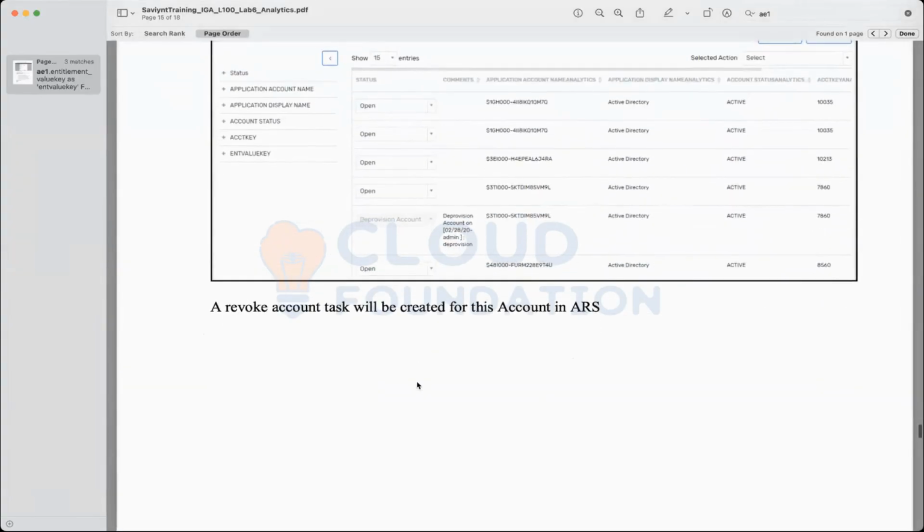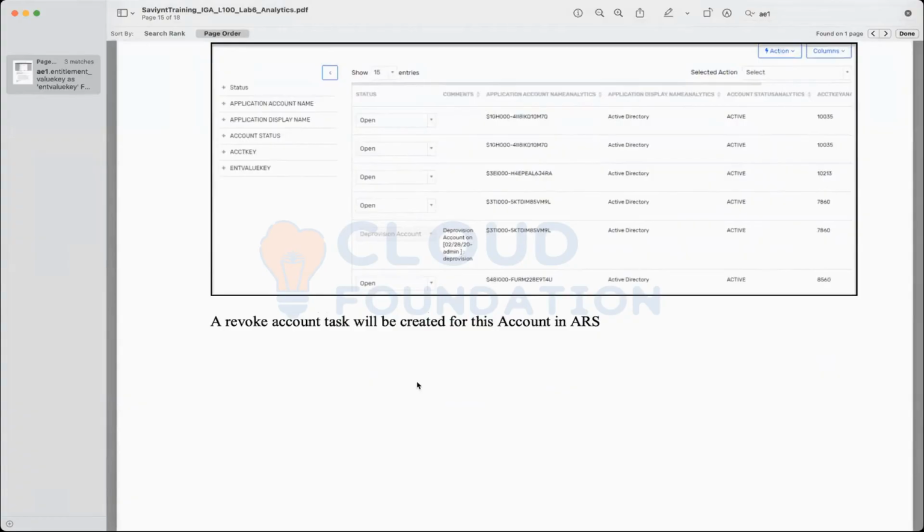And as I told you, if it is needed, it will go for approval. Most of the time when you are taking the access away, it doesn't need approval, correct? Because the problem is providing over access. The problem is not giving less access. Obviously it will get done. This will trigger a task because it is not going for any request. There will be no request, but a task will get created.